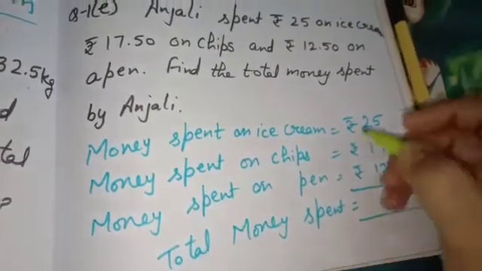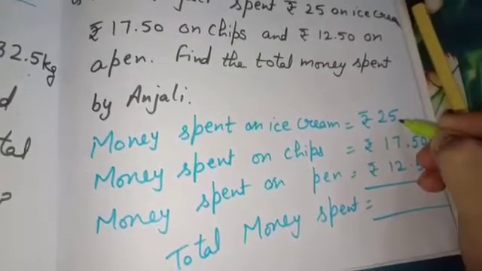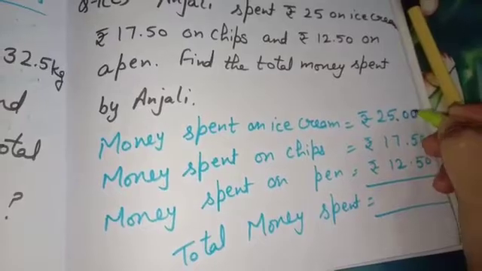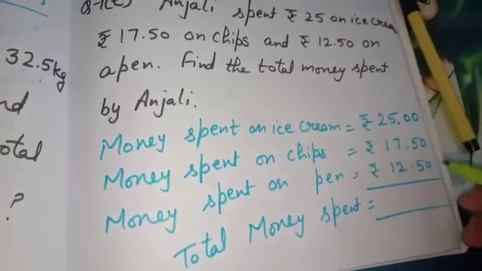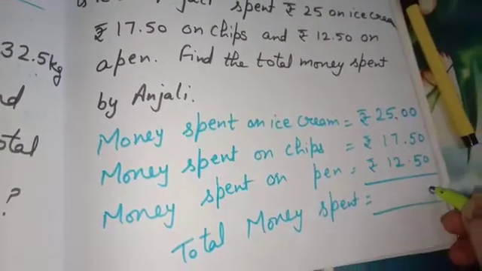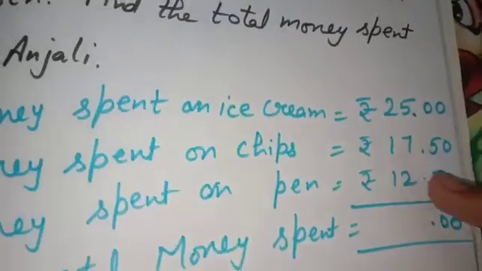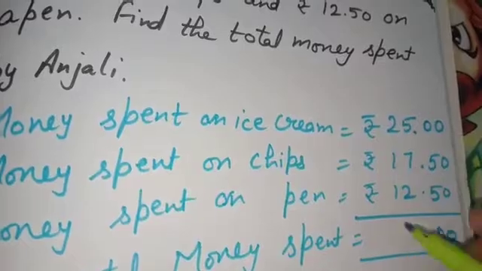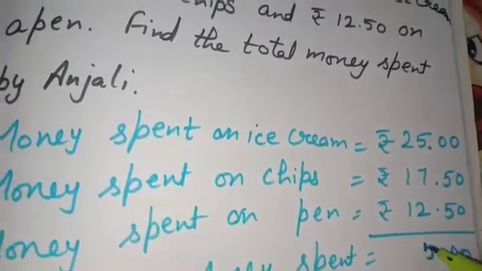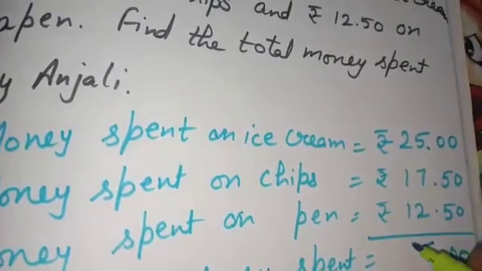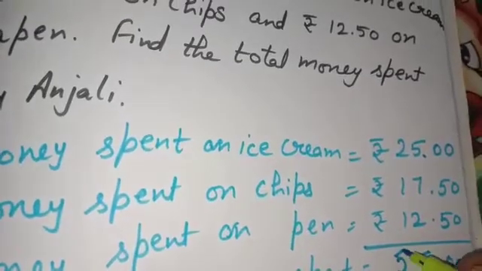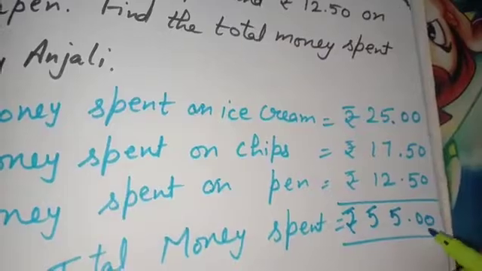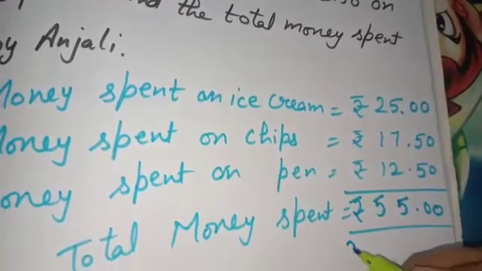So total money spent. First of all, as there is no decimal, means the decimal is at the end, and we will add 2 zeros here to make the decimal like. After that, just start adding. It's 0, 5 plus 5 10, 0 carry 1, then 7 plus 1 8 plus 2 10 plus 5 15, it's 5, carry 1, 2 plus 1 3 4 5. It's 55.00, and as there are zeros after decimal, so we can leave also.